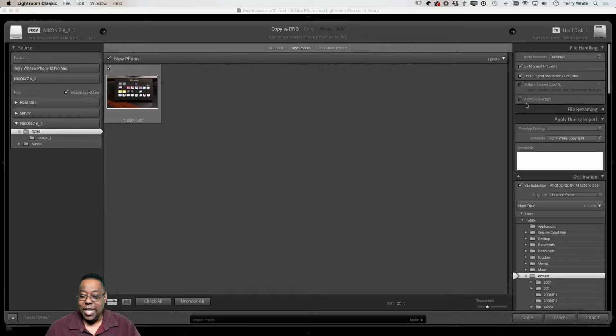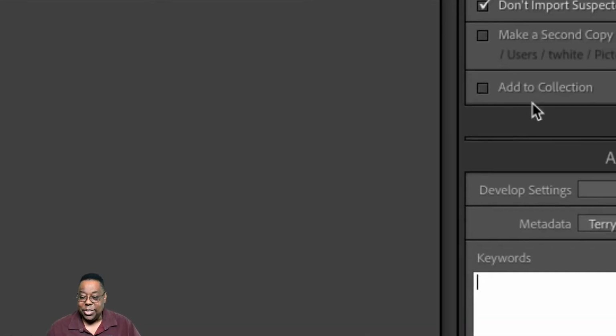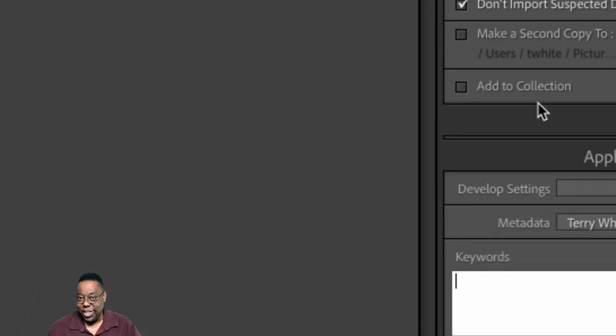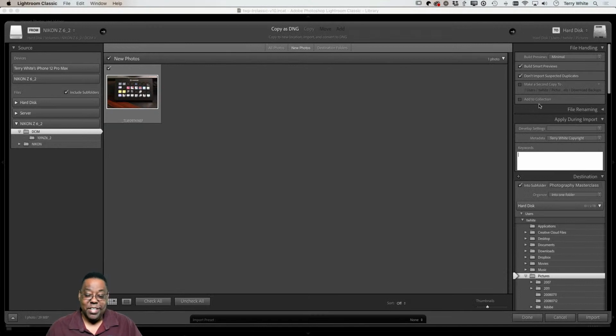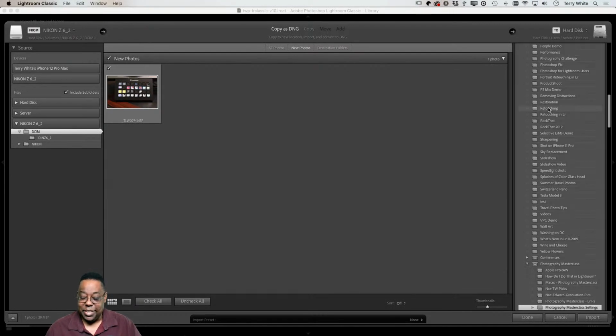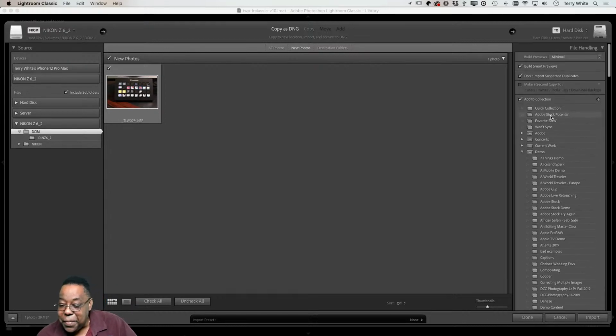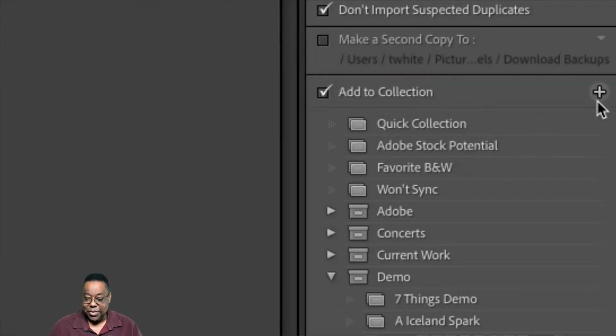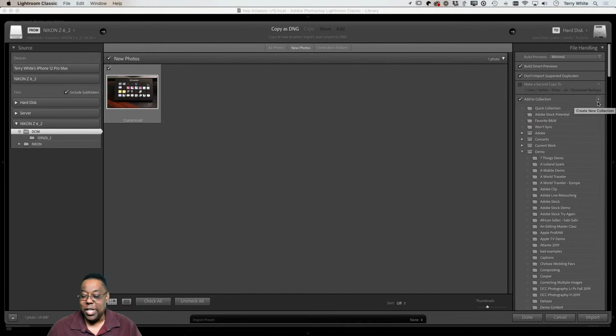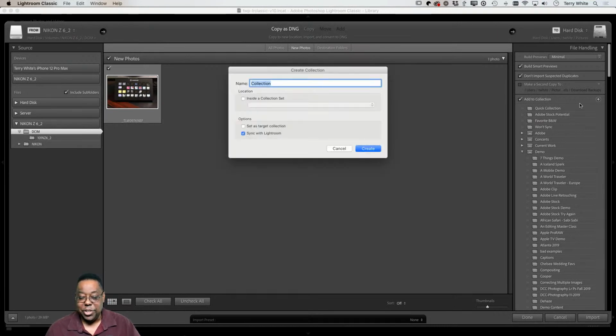But more importantly, I'm going to go up here to this section on the right where I get to also add it to a collection. So that's just, again, it's a choice. I'm going to do that now so that I don't have to do it later. So I'm going to tell it to add it to a collection. It's going to bring up all my collections and say, well, which one? And I'm going to go up here and say, I don't have one that I want to put it in yet. I do, but I'm going to make a new one. So there's a plus sign right next to the add to collection, and I'm going to tell it to create a new collection right here on the spot. So create a new collection. This new collection is going to be called Lightroom versus LRC Syncing.